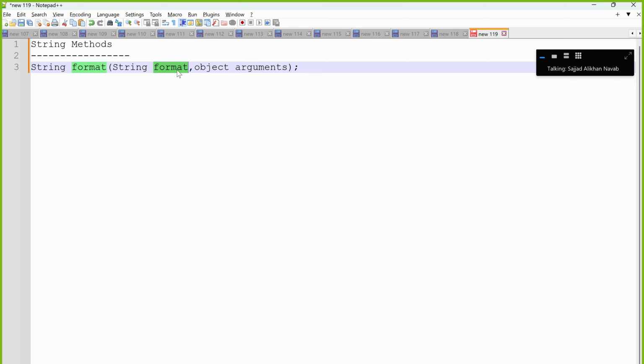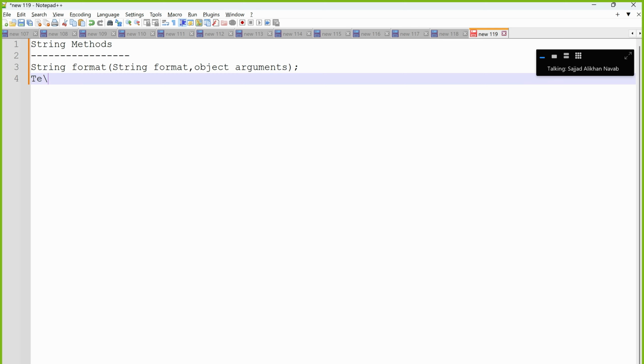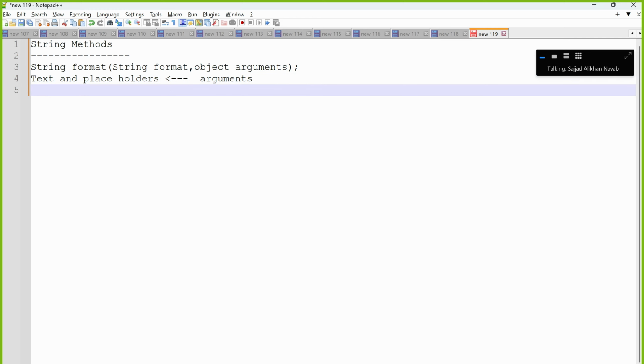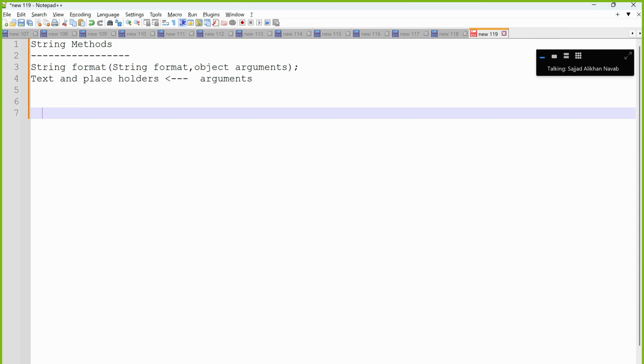Here, this string contains text and placeholders as well. Now these placeholders will be replaced by the arguments, the object arguments. For example, let's say we have a string, greetings, and greetings will be having hello, good morning,